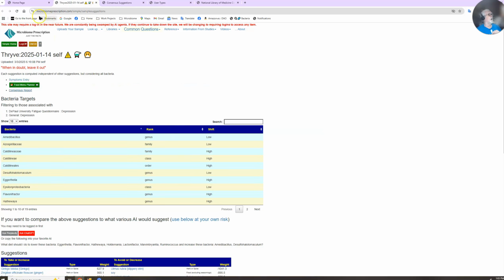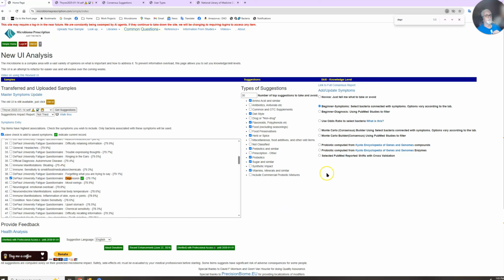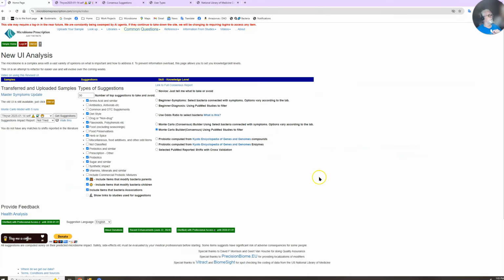So that is there. Now let's try going back to the home page and let's go over to a different way, PubMed studies. And in this case, we don't have any matches. In other words, that does happen. And now the last way is going over and using KEGG analysis, which is looking not at the person specifically, but is looking at